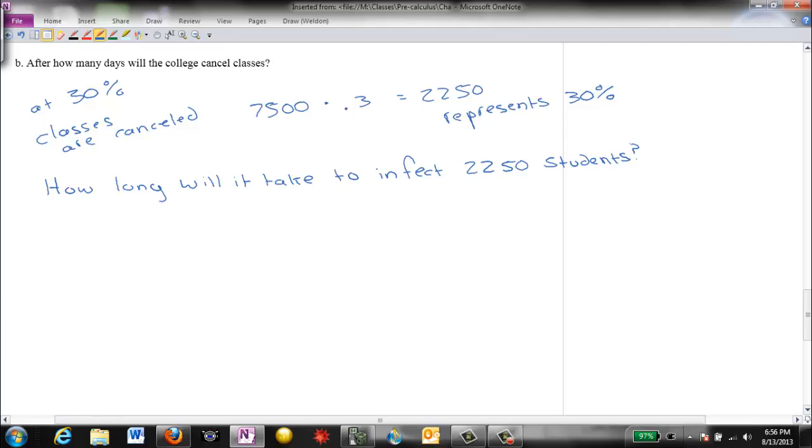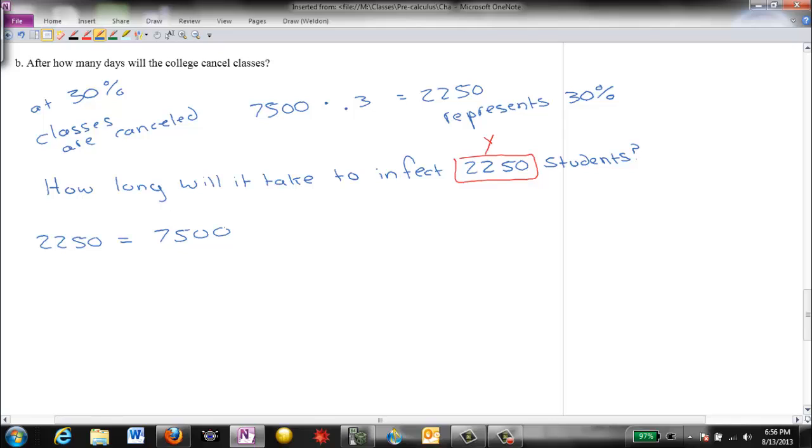Okay. Well, so 2,250 infected students, right? So this part of our problem, this 2,250, represents y, because y represents the number of infected students. So we want to know how long it's going to take to get to that number. So I'm going to go ahead and use my logistic growth model. So I have 2,250 equals, and then I have